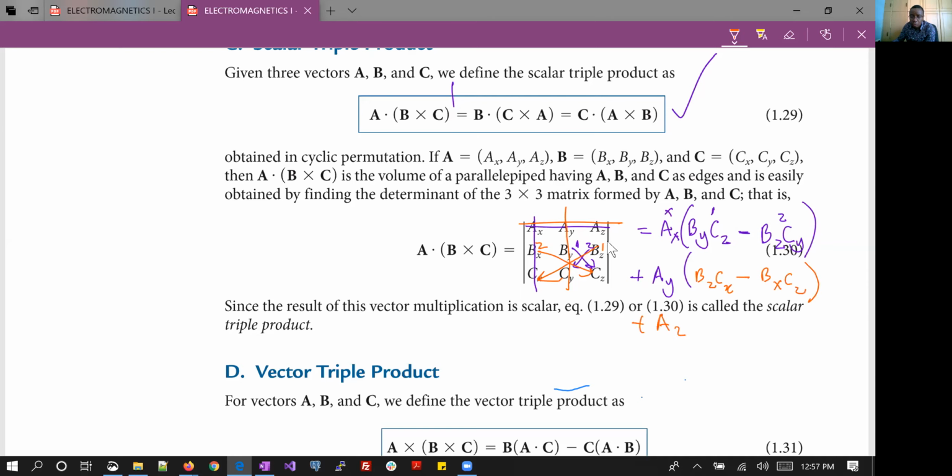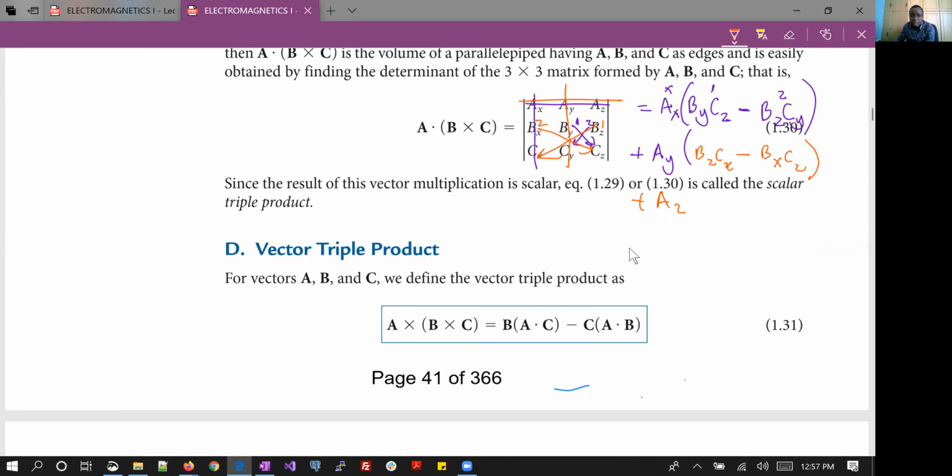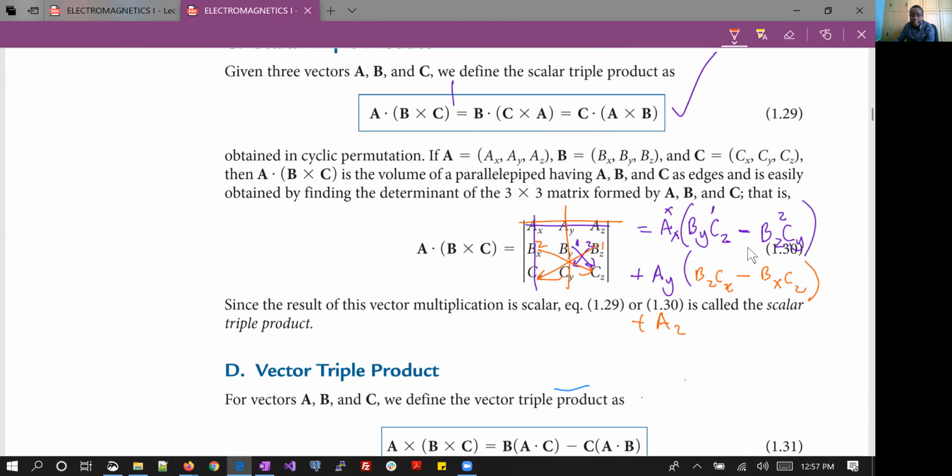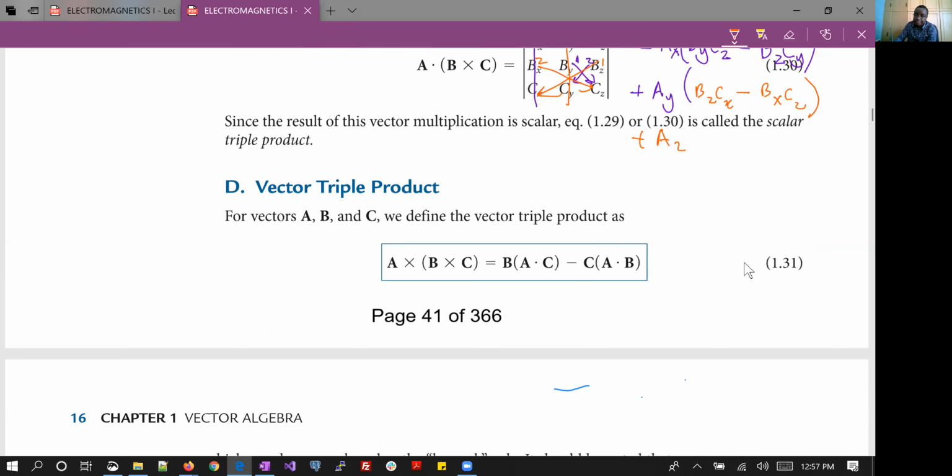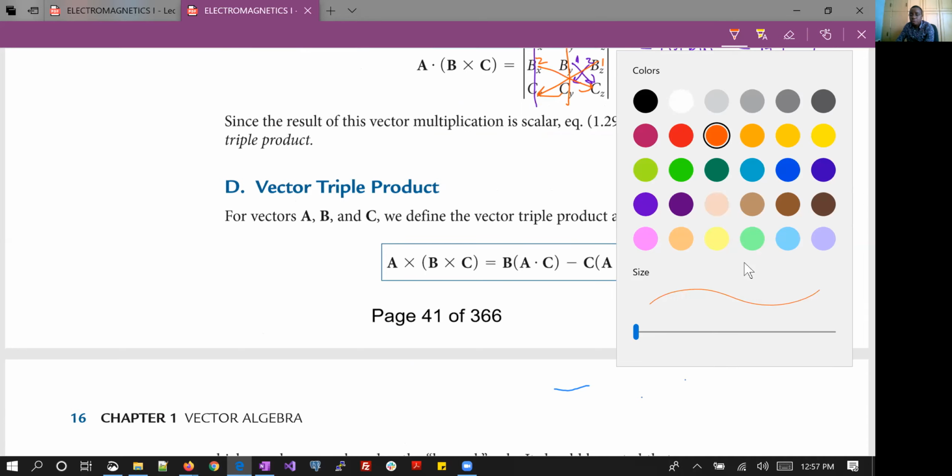I'm not going to do that. All I'm saying is that is how you do the scalar triple product, and that is enough said. So we can carry on to